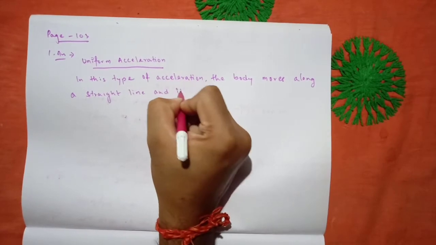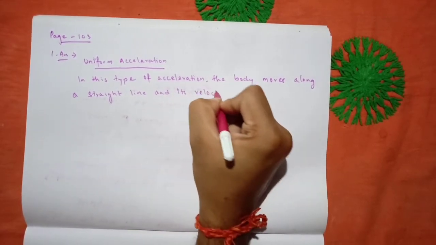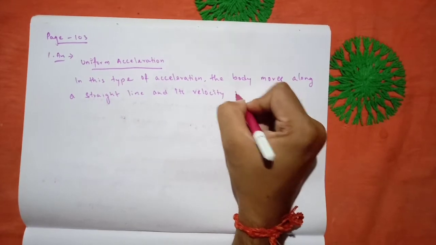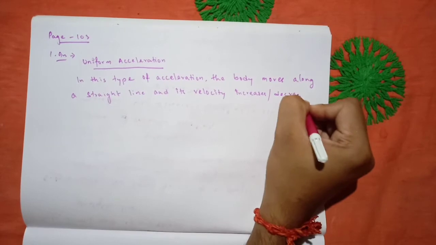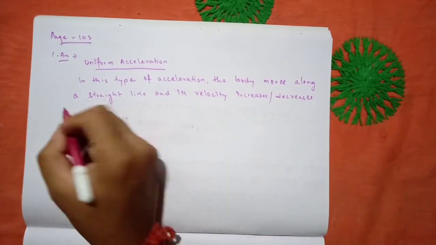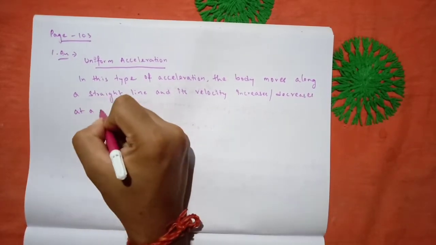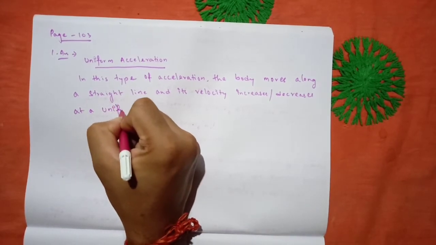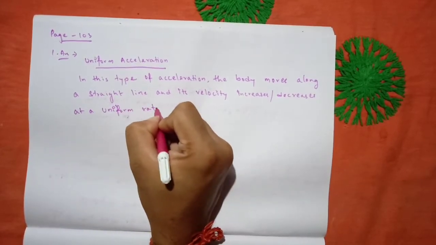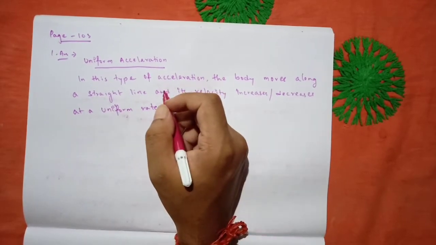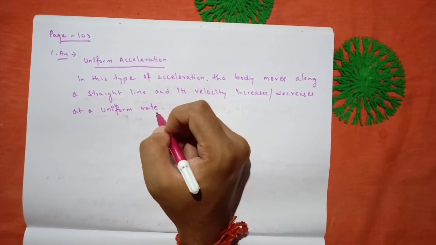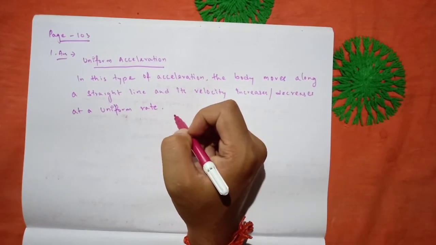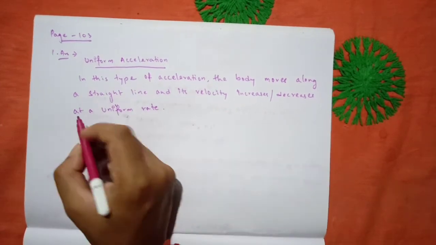and its velocity increases or decreases, okay, at a uniform rate. Okay, and the uniform rate, it changes at a constant rate in any constant time interval. It depends upon the time interval. Okay, so for